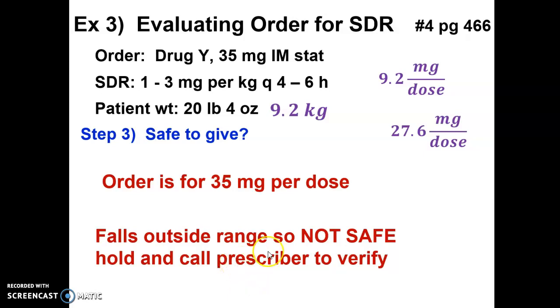We need to call the prescriber and verify, okay? Because there will be times that your doctor says, yes, I do want you to go ahead and give that. I know it's outside the range, but patient's not responding to lower doses, or this is a really severe case, or I think the kid can handle it, just whatever. The doctor has that authority to override a safe dosage range, okay? But it is something that should raise a red flag and you should question